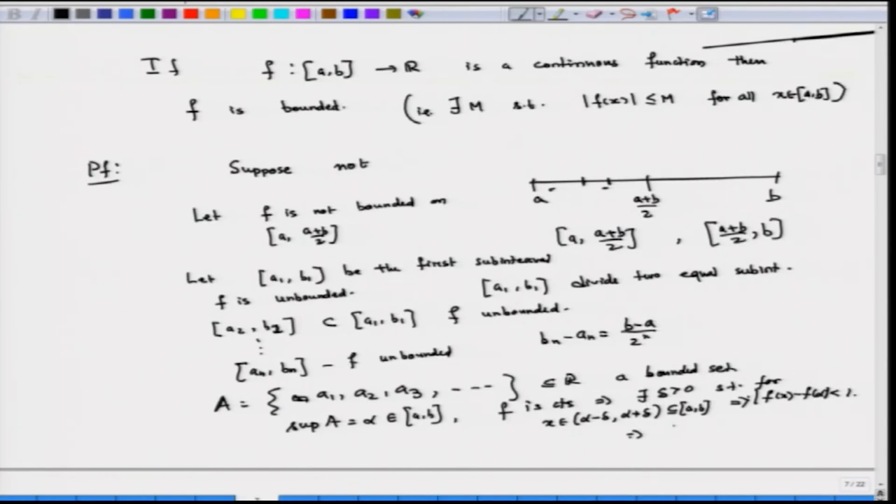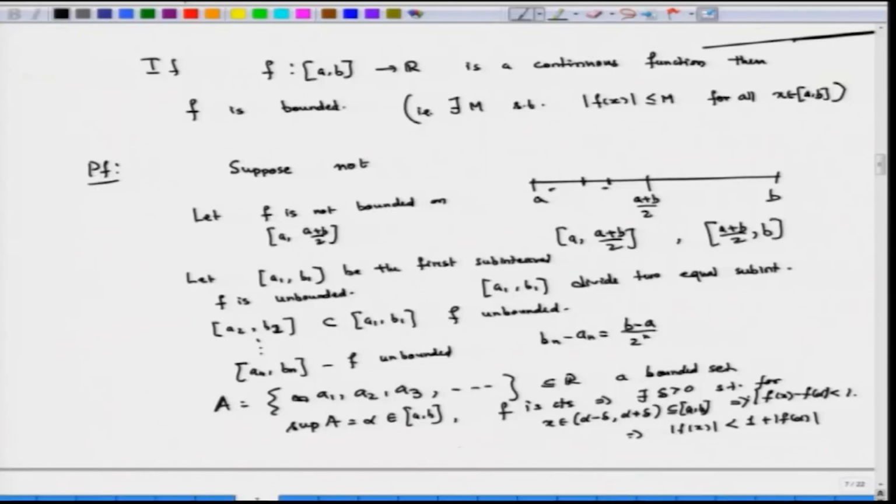This will imply that mod of f of x is less than 1 plus mod of f of alpha, which is a finite number independent of x. I can make [an, bn] small enough that it is contained inside (alpha minus delta, alpha plus delta). Therefore, for every x in [an, bn], you choose n large, then f is bounded,